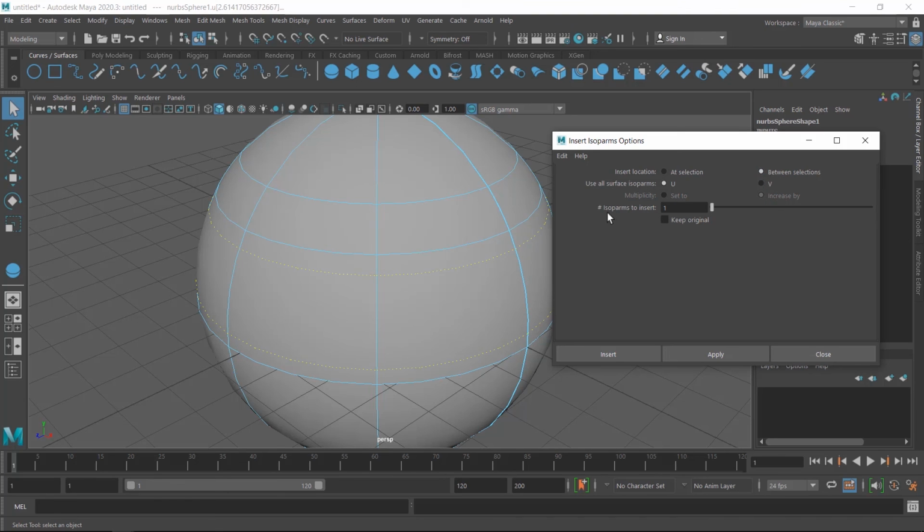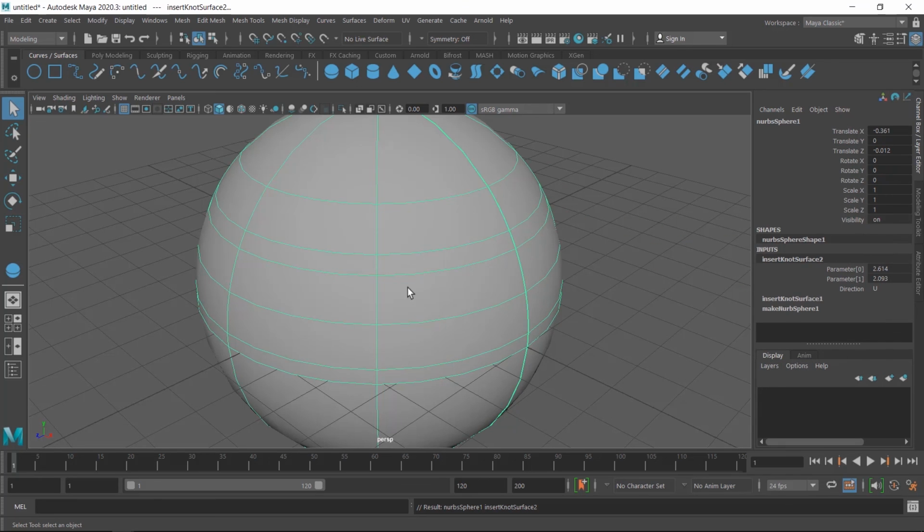And there is the isoparms to insert. By default one is selected here, so it means one more isoparm is inserted here. And in case you want to add more, increase the number and then click on the apply button. So a total of 3 isoparms are added here. I close this. By using the insert isoparm tool, you can add more isoparms in a NURBS surface object.